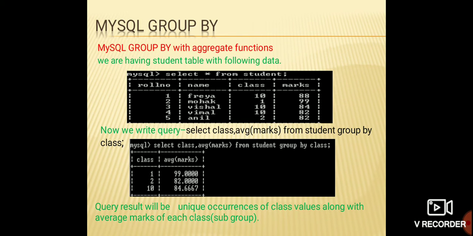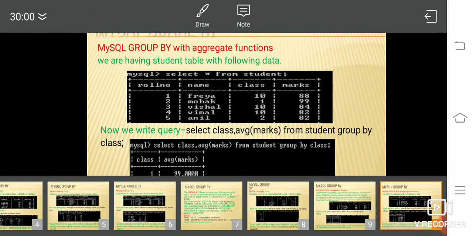Okay, next, an example with an aggregate function itself. Like I want to extract the average mark of the existing class. Okay, so my table is there, in class 1 there is only one data, so it will be displayed as 99 marks. In class 2 also only one data, it will display only 82 marks. But in class 3 you can see there are 3 datas, isn't it?